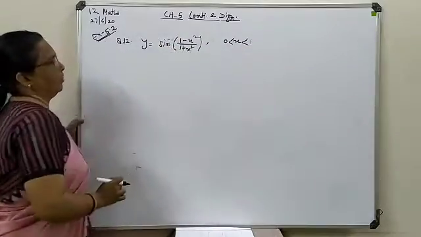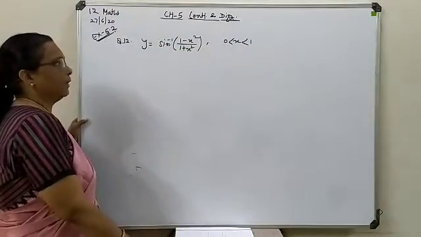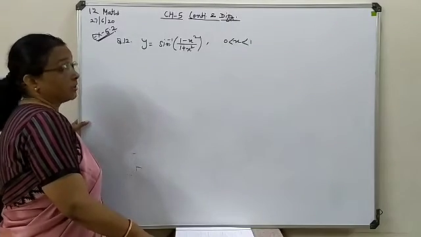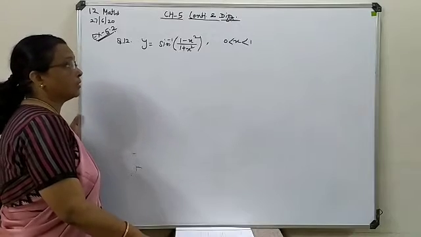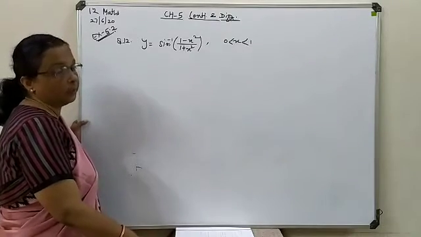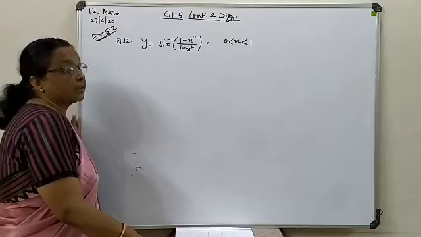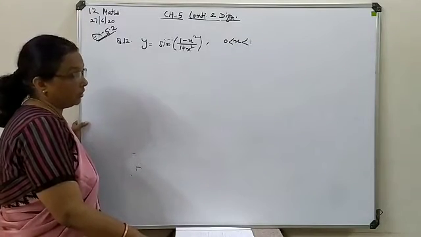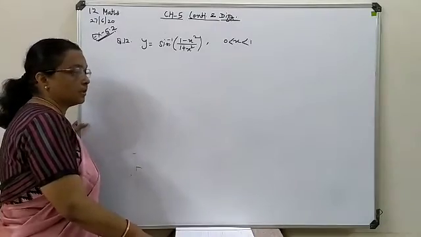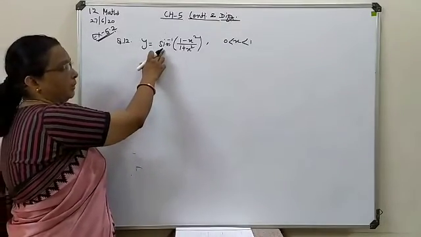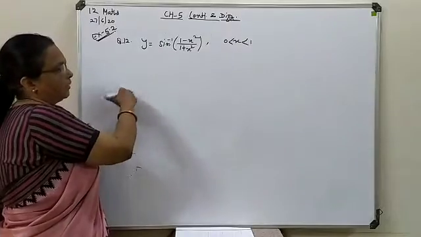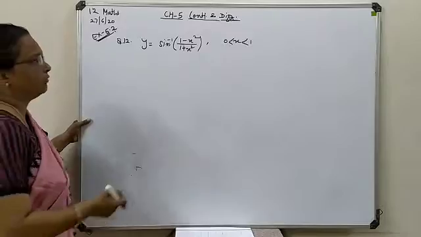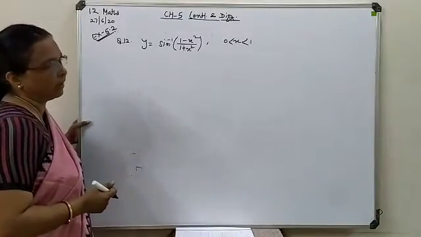Again, if you look at this combination in terms of x, it is (1 minus x square) upon (1 plus x square). Here if you substitute x as tan theta, you can say it is (1 minus tan square) upon (1 plus tan square). This is the formula of cos 2 theta in terms of tangent. So here we are not getting the same term which is available outside the bracket, but still we have to write it once and then afterwards we will make it change. Along with that, we have to discuss the given range also.